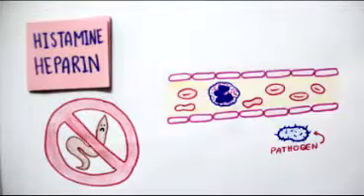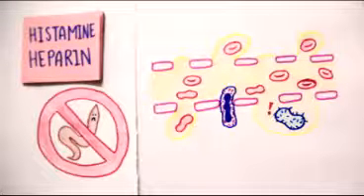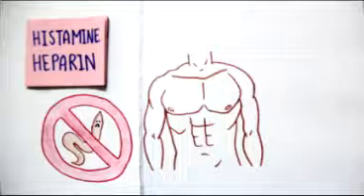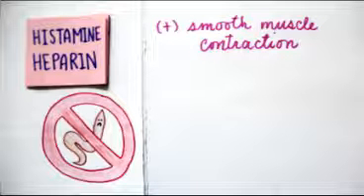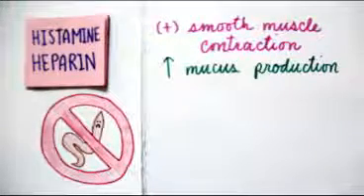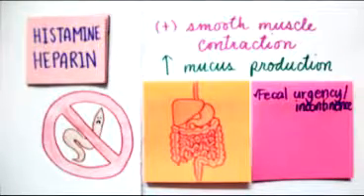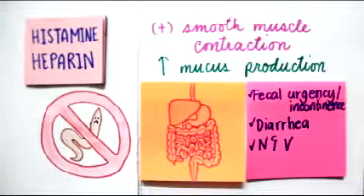Histamine and heparin, which are toxic to parasites, increase vascular permeability to allow the WBCs and defense proteins to leave the blood vessels and infiltrate the pathogen-containing tissue. This event ultimately leads to vascular leakage, and the accumulation of RBCs and fluids in the tissues manifest as erythema, angioedema, and urticaria. These molecules also cause smooth muscle contraction and increased mucus production, thus resulting to increased peristalsis in the GIT, which is the reason behind the fecal urgency or incontinence, diarrhea, nausea, vomiting with stringy mucus, and abdominal